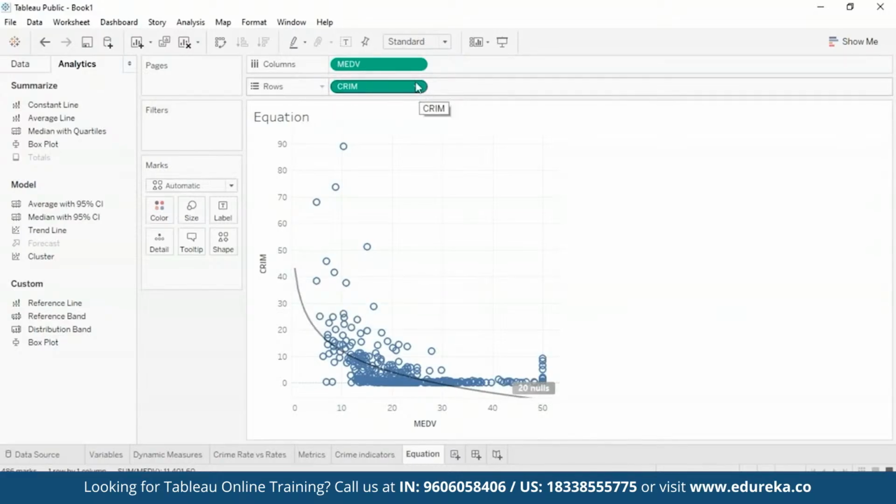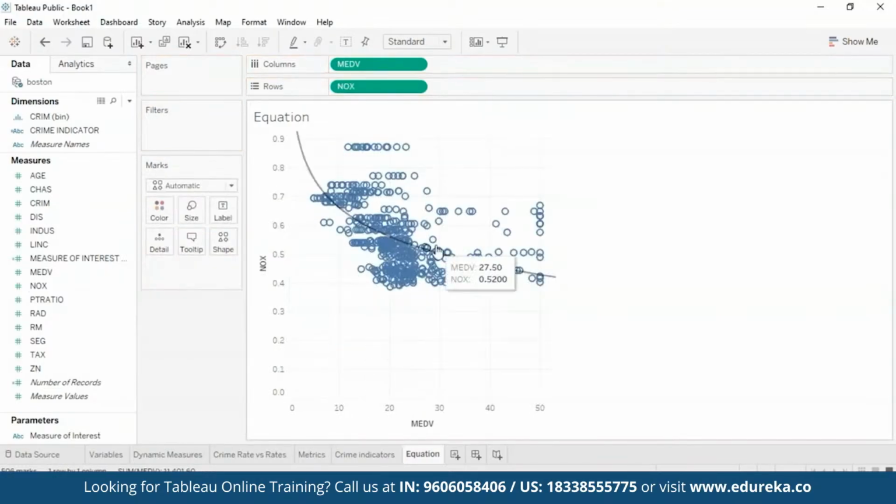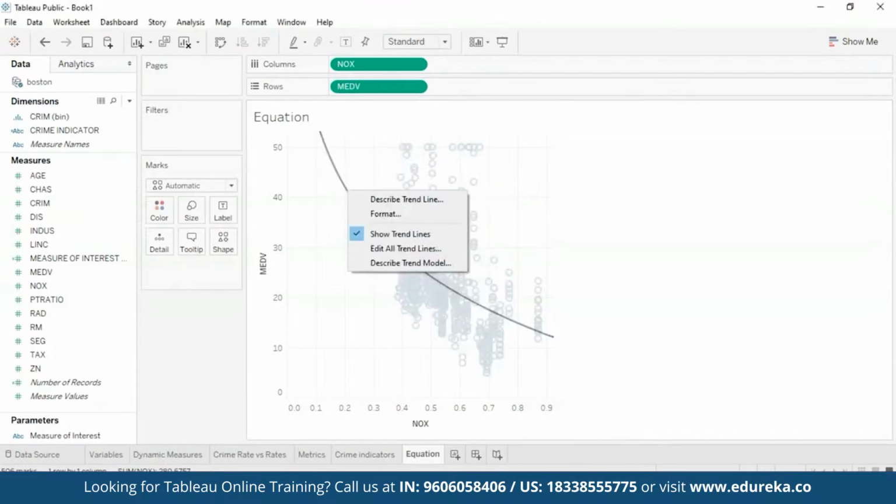Now, if we switch the crime for the Knox value, you can see the equation has changed. The r-squared value has come down to 26. So now basically we are trying to predict the Knox value, but if I go ahead and swap the two, here you can see how the increase in NO2 affects the price of a certain real estate. If I go up here on the line, and here you have the logarithm, and if for a moment I